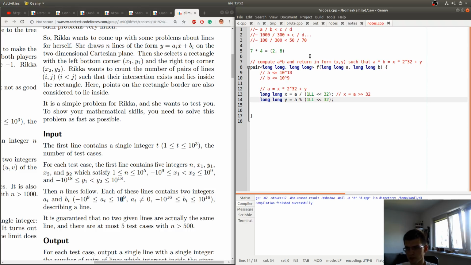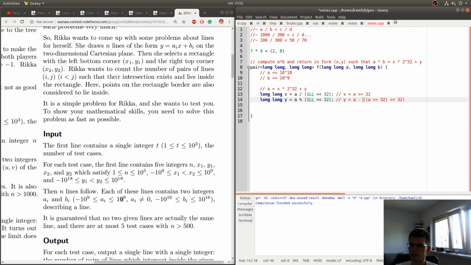And here we could say that y is equal to a shifted by that, shifted back. So this means divide by 2 power 32. This means multiply. So with this operation we set the last bits to 0, then